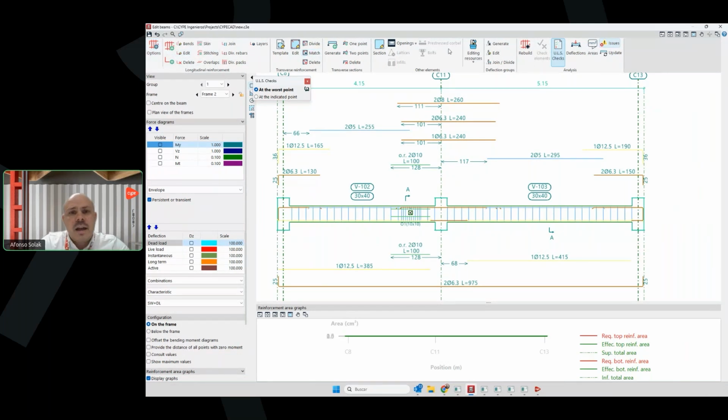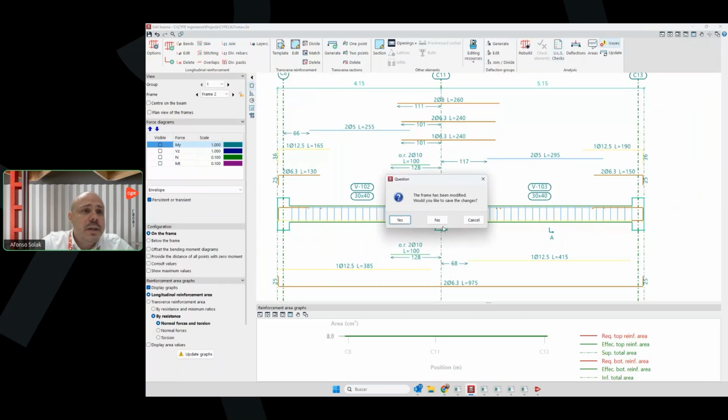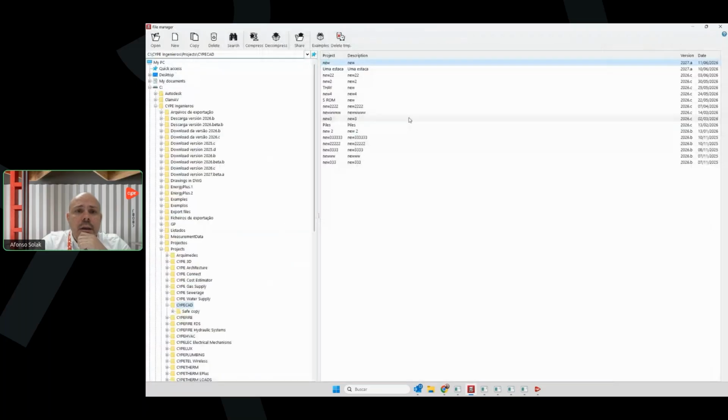Here I have extra elements, and then I always check, so I can read the names of these options. So I think it's a very interesting change. Okay. Another aspect that is new here in CypeCAD is, let me open the other file that was before,